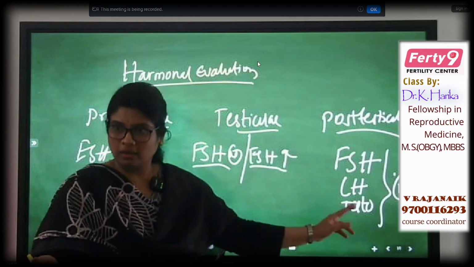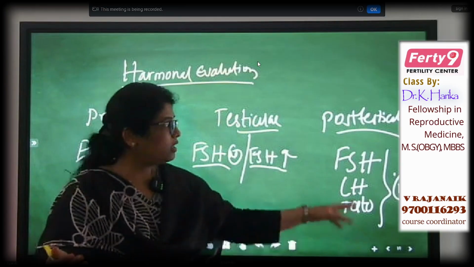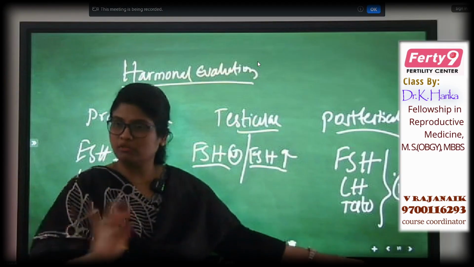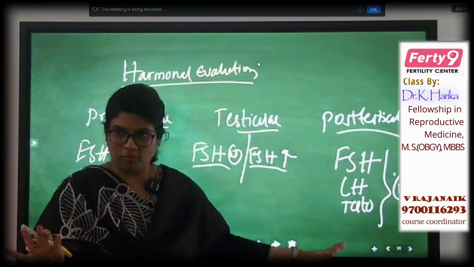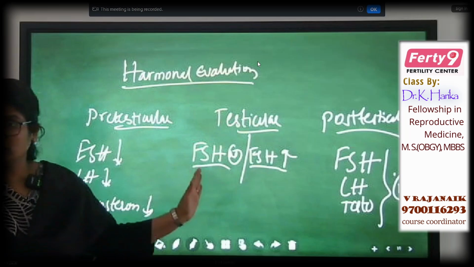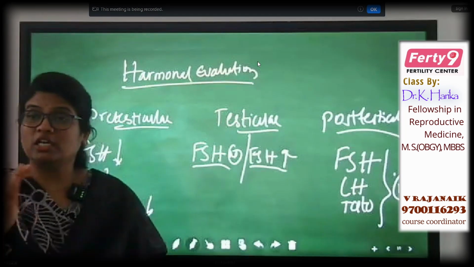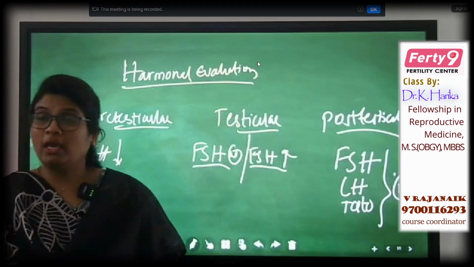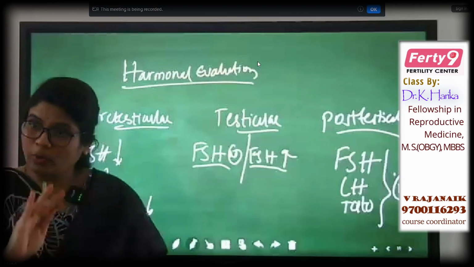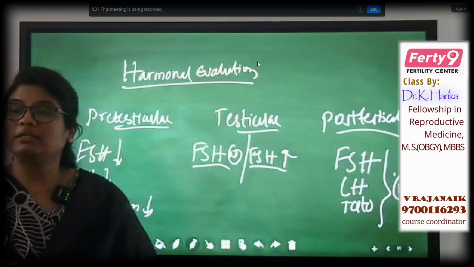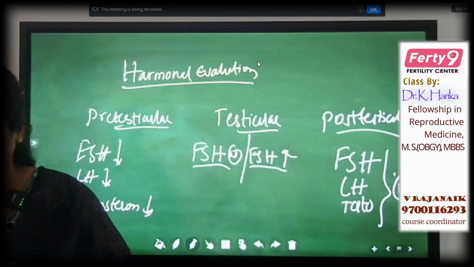If you do a scan and the report is absolutely normal, with seminal vesicles, ejaculatory duct and vas deferens all normal, then you have to think about the testicular cause, because there are different stages of spermatogenesis. In a few cases, FSH will act on the Sertoli cells, but the normal time for spermatogenesis is around 72 days.